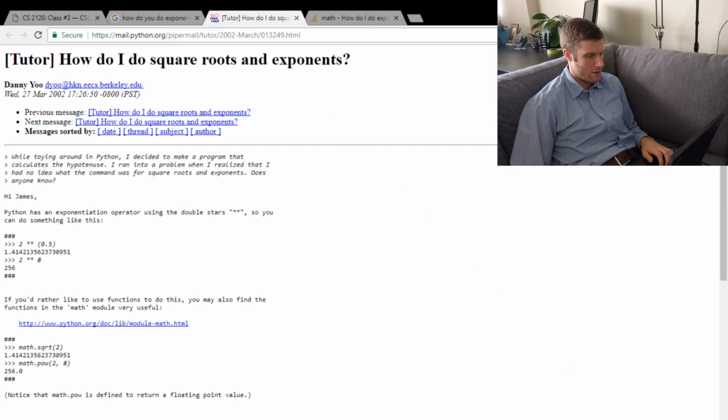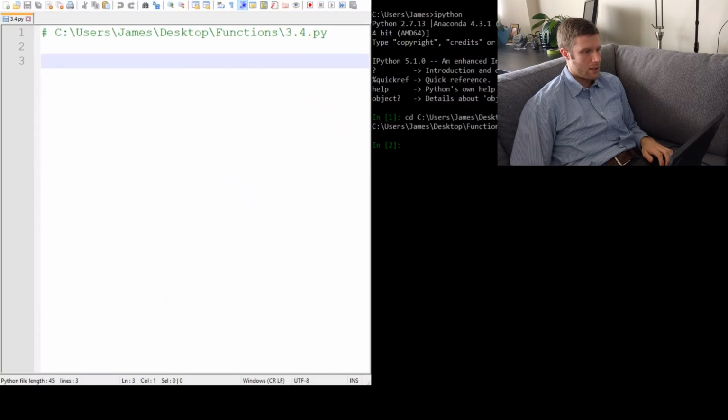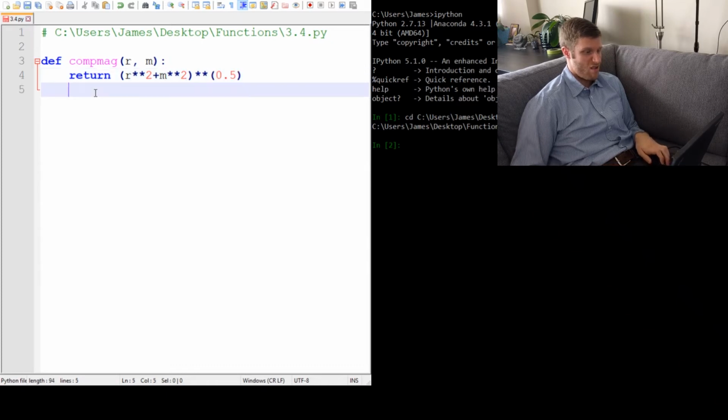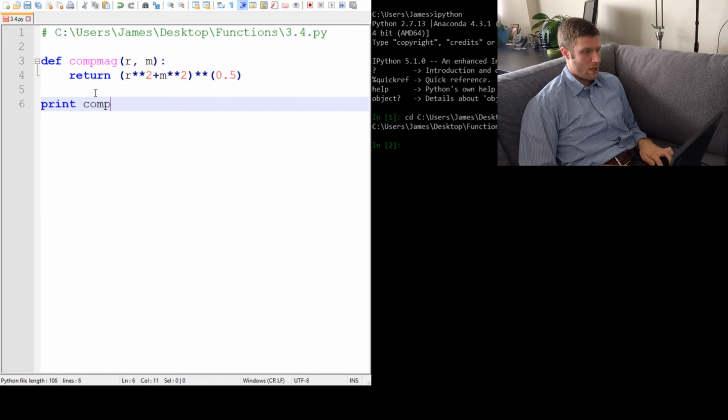So let's go right to our script here and start writing. So def CompMag, r, m colon, indent, return. So how are we going to do this? So we need r squared plus m squared, and then we need the square root of all of that. So to the power of 0.5, and let's test it. Print out CompMag, and let's give it 5 and 5. Okay,